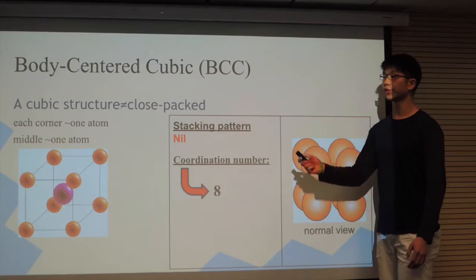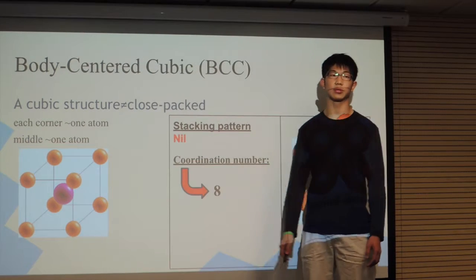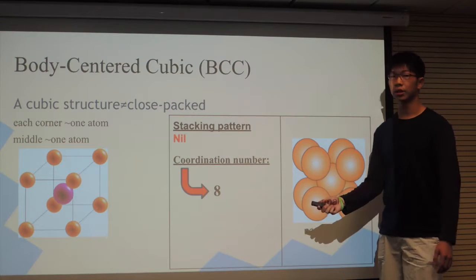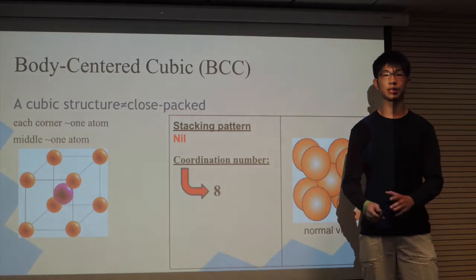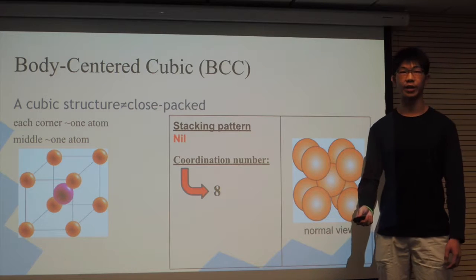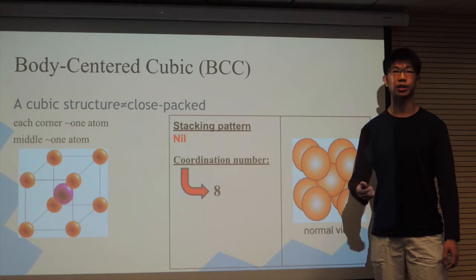And the last one is the body-centered cubic structure. It is very similar to the last one, but instead it has only 1 single atom lying in the center of the cubic structure. For the stacking patterns, you won't have any because it is not a close-packed structure. It is simply a cubic structure. But it has a coordination number of 8, because every single atom within the structure will have immediately 8 atoms